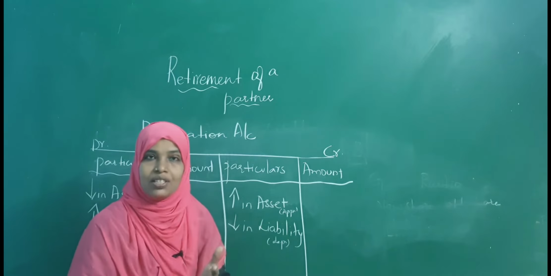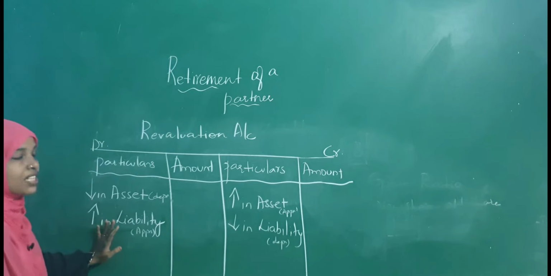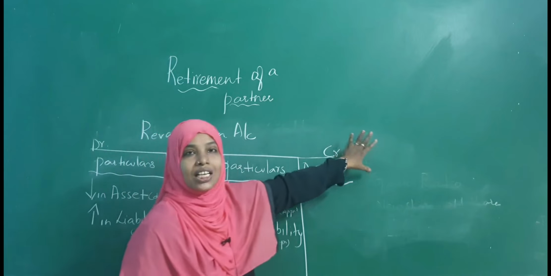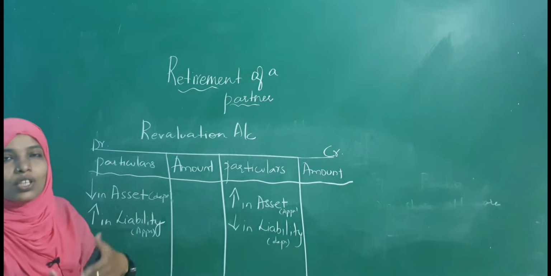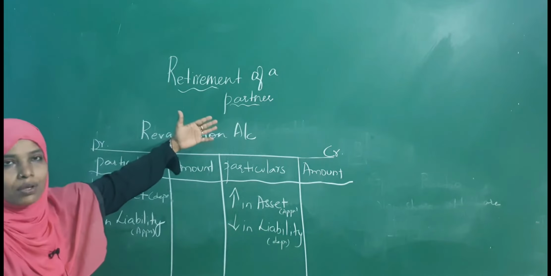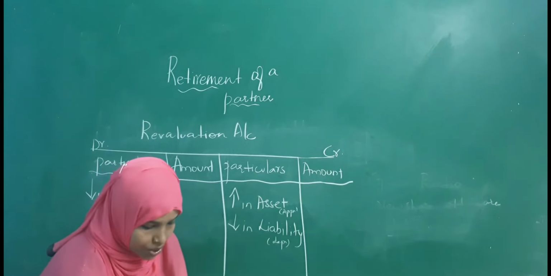So I will just do two sums based on this, so you'll get an idea how to do it. Now what I will do is, when I erase this, I will do the revaluation account here, the partners' capital account here, and the balance sheet here. So clearly you will understand how it comes, what it is, and what the important concepts are that you have to note down when you do retirement of a partner. Fine. Now see the sum.